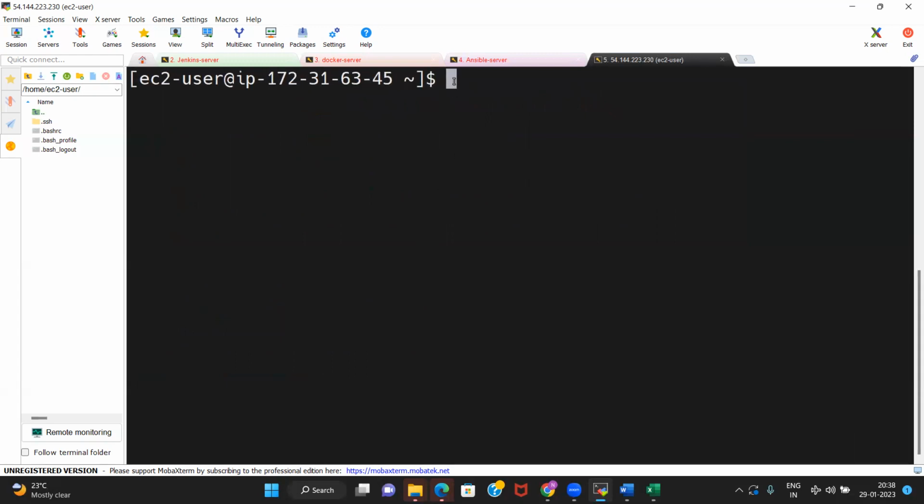Then sudo su hyphen is the command with which you log in as root user. Any kind of installation you will be doing as a root user. The Jenkins installation you will be doing as a root user, not as EC2-user, because EC2-user doesn't have sudo privileges.